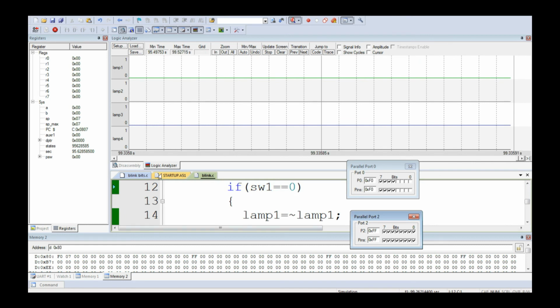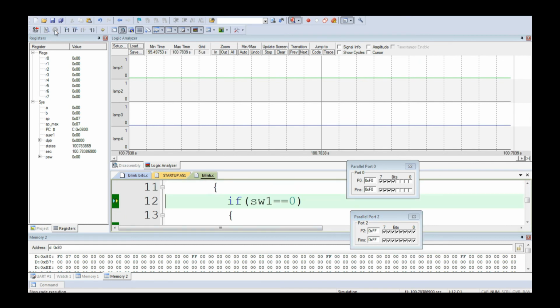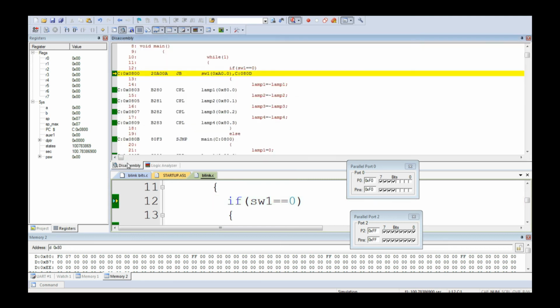Now look at the assembly language programming. It's quite interesting, right? Sometimes people ask us to look at the assembly language programming. Learning assembly language programming like this is more fun, and you can learn more. So in C programming, for an if statement, what is the assembly language program? If you observe this carefully, look at the screen. Here, if switch 1 equal to 0 is the C code. For this C program, what is the assembly language code? There is an assembly language instruction called jump bit.